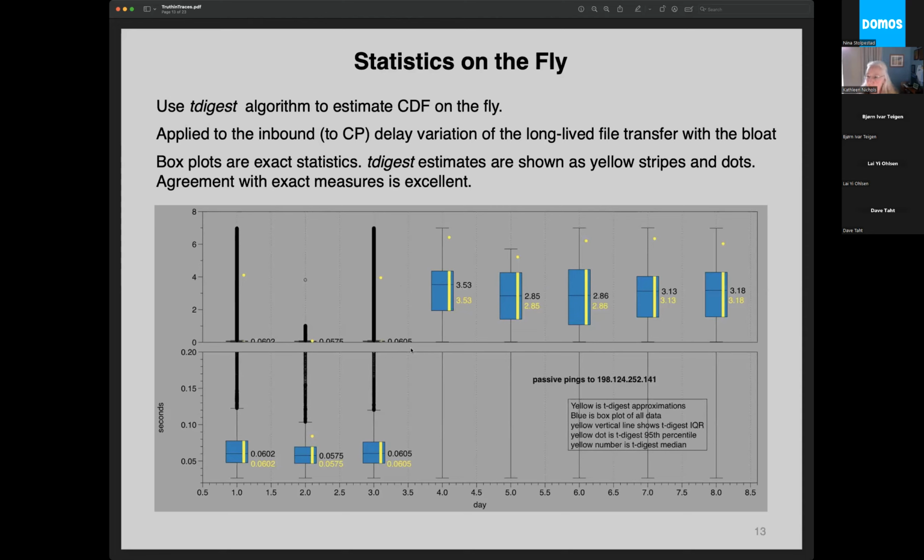So I just want to say that's one thing you should make yourself familiar with. You can run it as the packets go by. The issue is that in these measurements I basically just dumped everything and started over again at different intervals, because I don't necessarily want the statistics all the way from the beginning. I want to know what's happened recently, or sometimes I want to know both things.